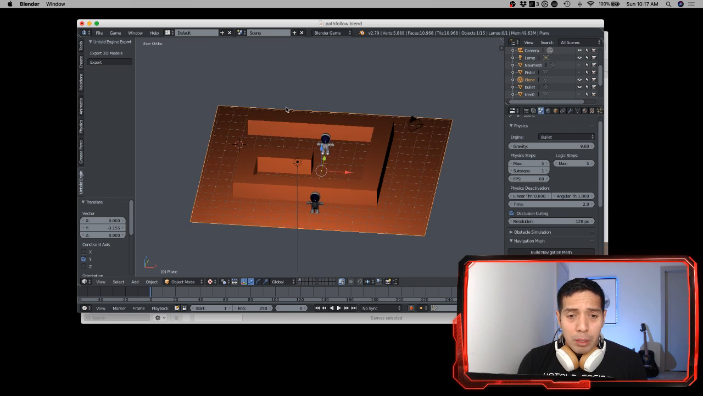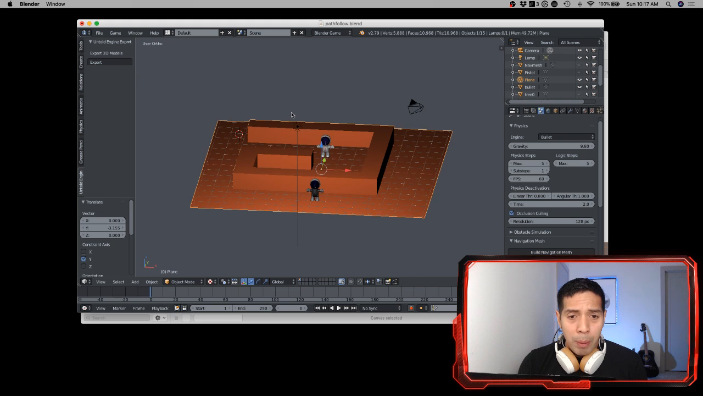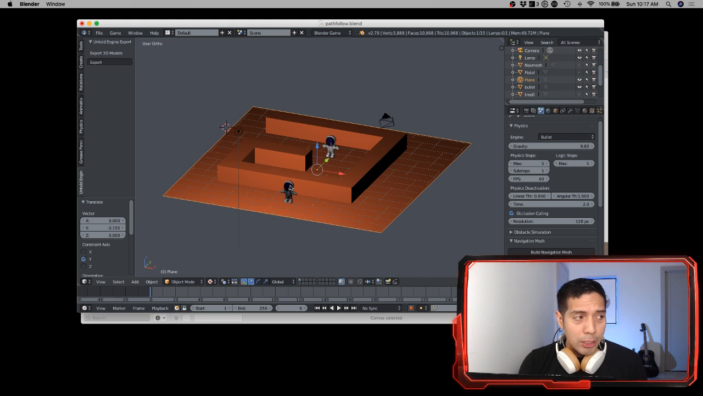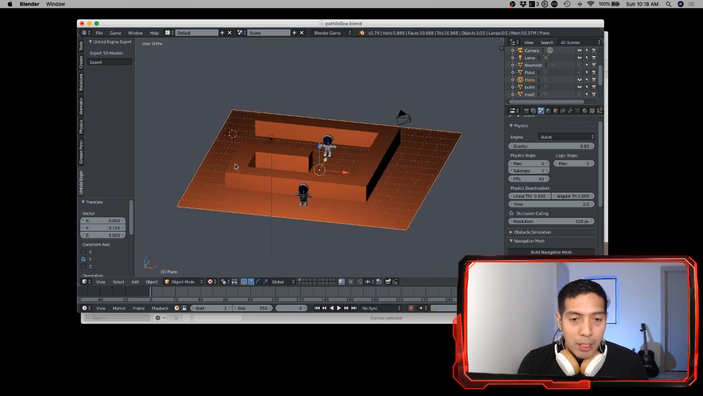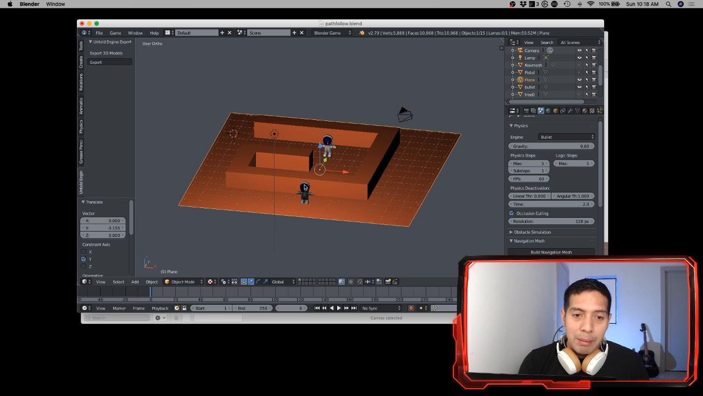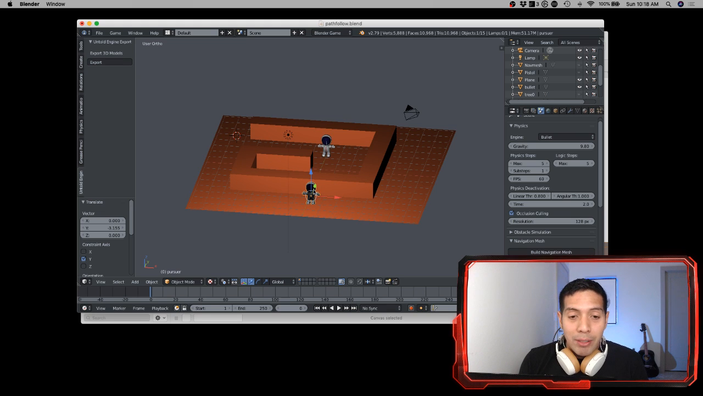And for example, here I have my two characters, and here's the plane here, I don't know, the terrain, if you want to call it like that. And let's say that there is a wall between my two characters, right? How do I make this character